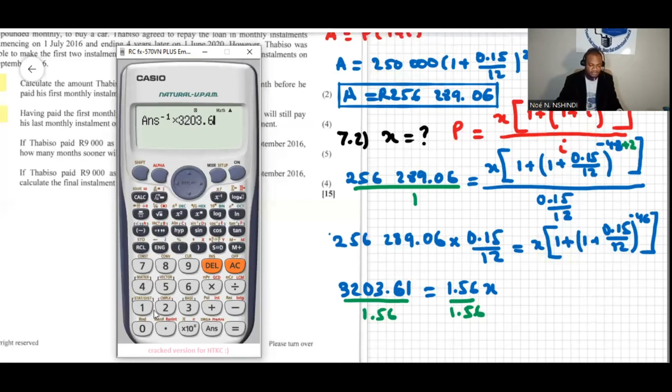So it's like doing 3203.61 divided by 1.56. When we divide this, we get